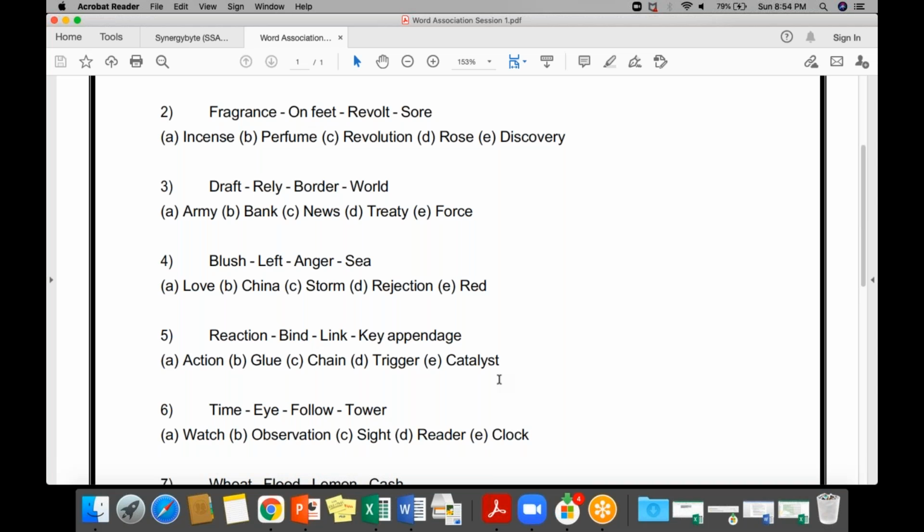Chain or catalyst? Action will not go with link, so I can reject action. Glue will not go with reaction, so I can reject glue. Trigger will not go with link, so I can reject it. Between catalyst and chain,